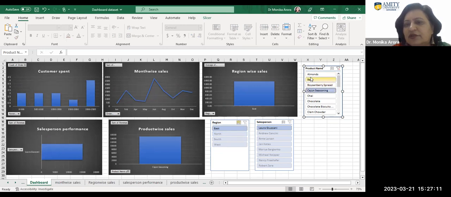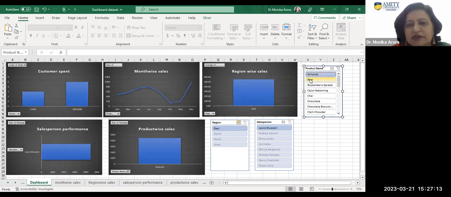So if I go for particular products like almond and beer, similarly I can set the description about my data. So this is how you can